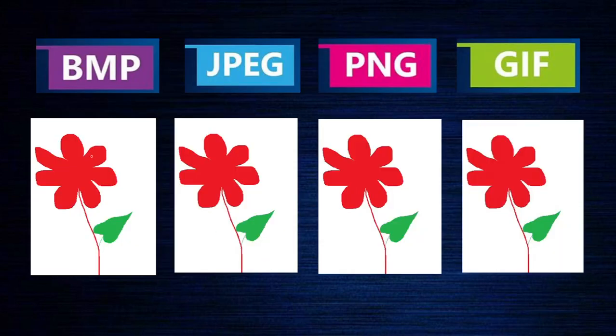So here is an example. We drew one picture in Paint and then we saved this file in different formats. So this is the BMP format, JPG format, PNG format, GIF format. You can see that all look almost the same, but here you can see a little dark color, and here also dark color. But otherwise, you don't find much difference. But when you zoom them, when you increase or decrease the sizes, then the quality may change.